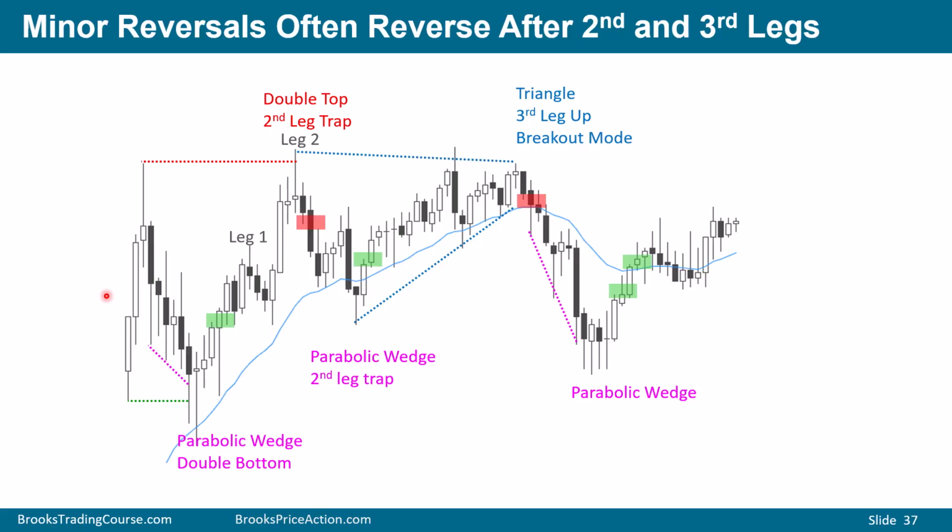Here, you can see an overview of the chart, and there's a lot of trading range price action. The moving average is sloped, but there are not a lot of bars closing above the moving average, or at least far above it. We have a double bottom here and here. We have a double top here and here. We have a triangle and a parabolic wedge. All of those patterns have smaller patterns nested to make each pattern up.